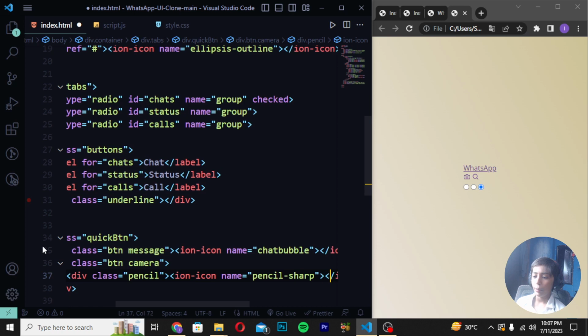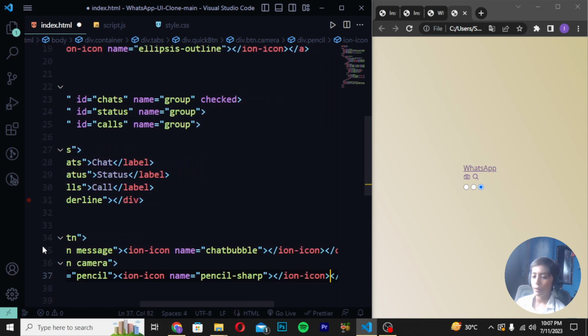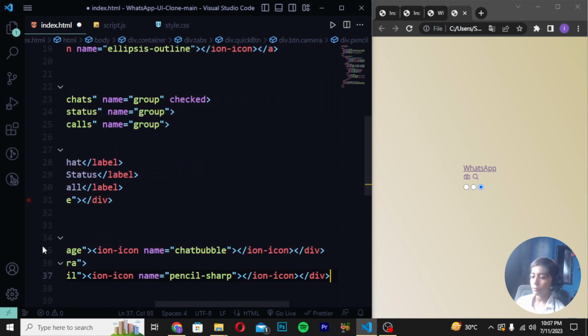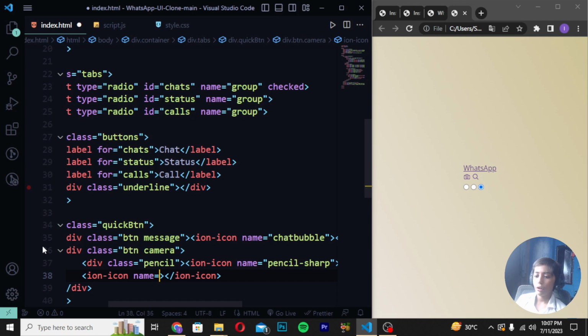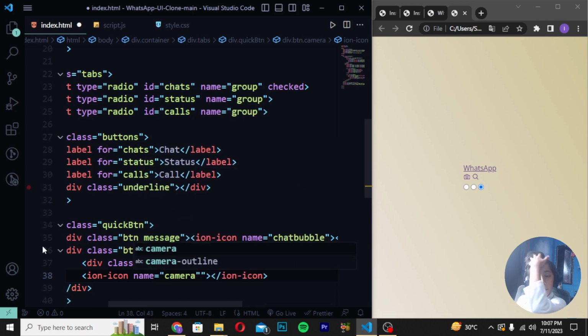So what we can do, pencil should be sharp, and here we can write ion should be icon. And now what we can do, name should be, here I will give camera, and now what we can do, till my work is done. So here we will go